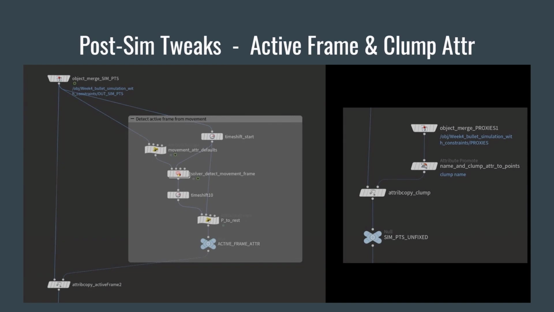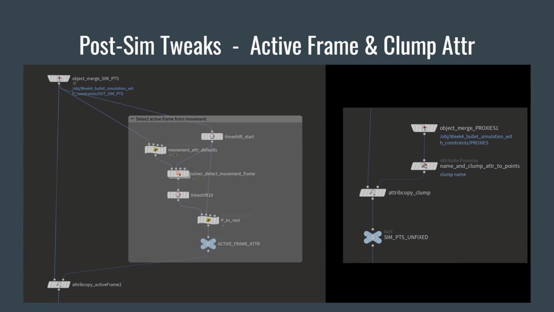Because we've calculated that active frame on static geometry at the end frame, we have to transfer that back to